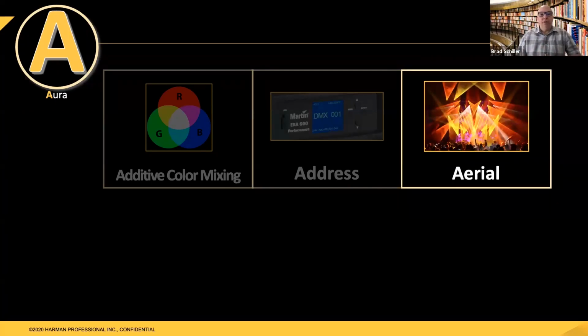Now, those patterns could be patterns of shapes of light from the beams, or it could be a pattern of multiple beams positioned in a particular manner. And when you're working as a programmer or a designer, you might say, oh, I need a really great aerial focus here. And what that means is that the light is not pointing at a specific point on stage, but it's pointing out in the air to create a look as it hits the particulates in the air. So that is what an aerial look tends to be.